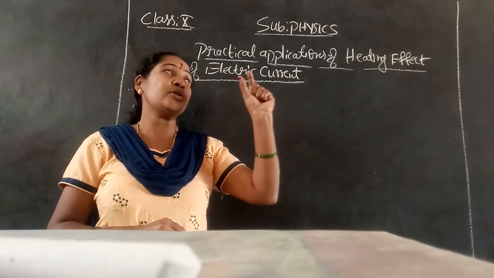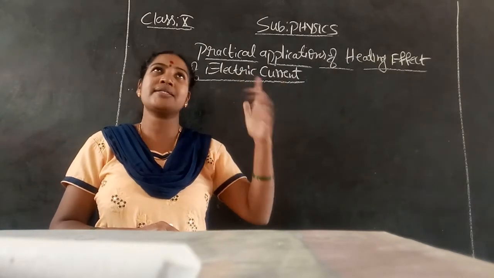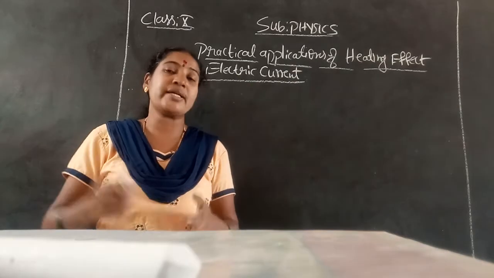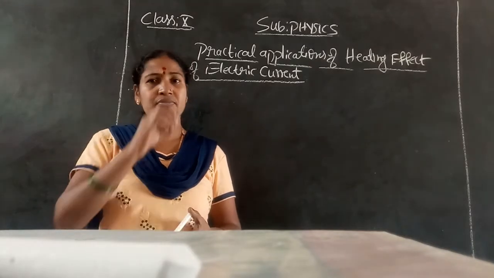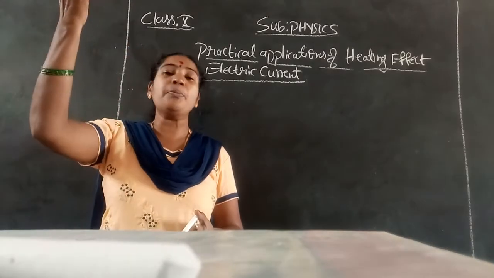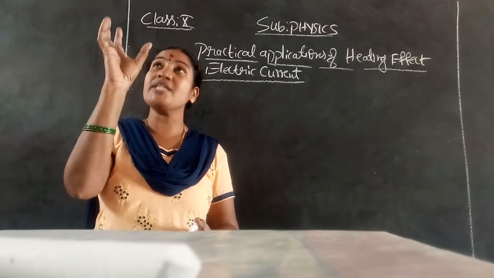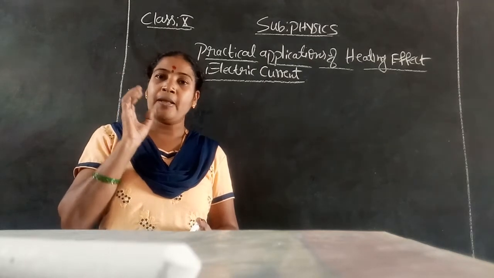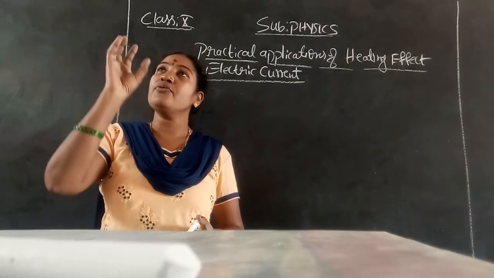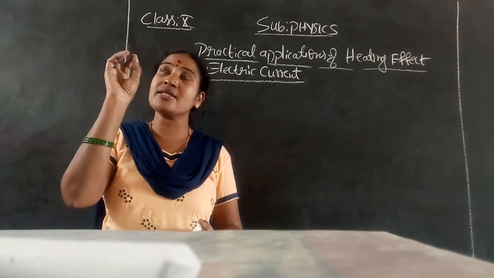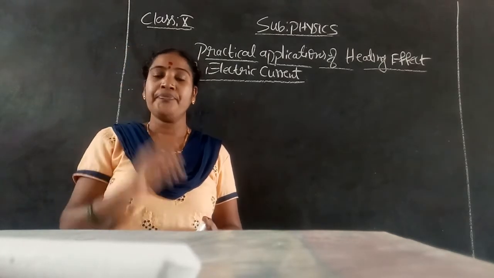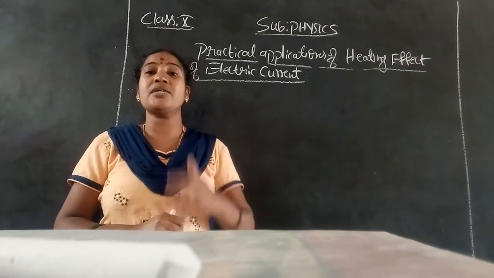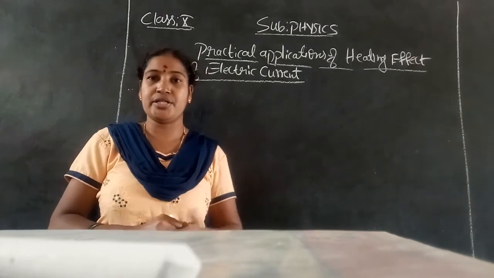For example, when you switch on a light, whether it is a tube light or CFL, whatever it may be, what will happen? Just after 1 second itself, the bulb will glow. When you touch the bulb after 2-3 minutes, you feel it is hot. Please observe what I am explaining. So what type of conversion has taken place? The electrical energy is converted into light energy and heat energy.